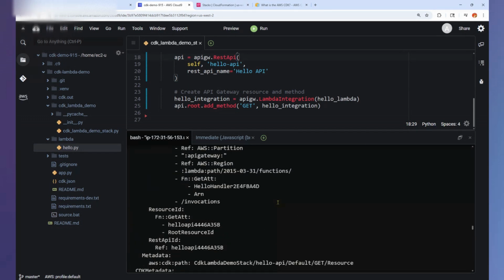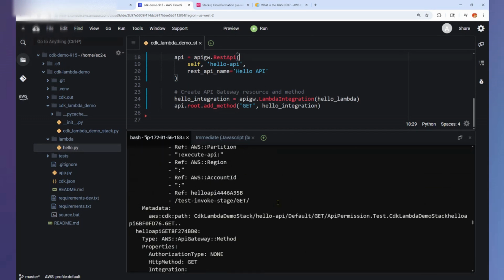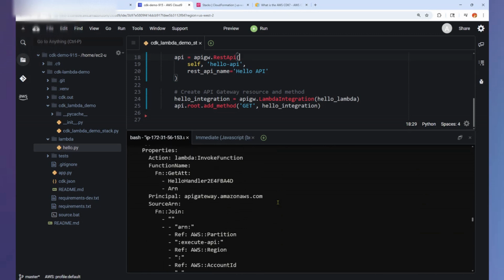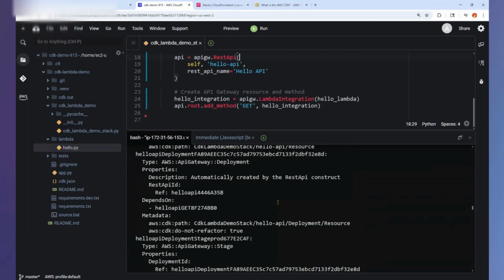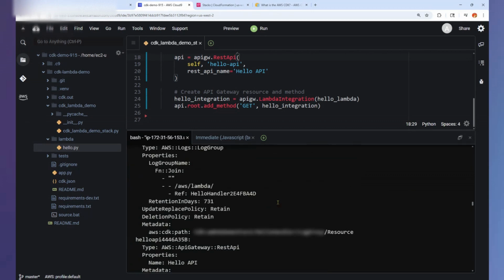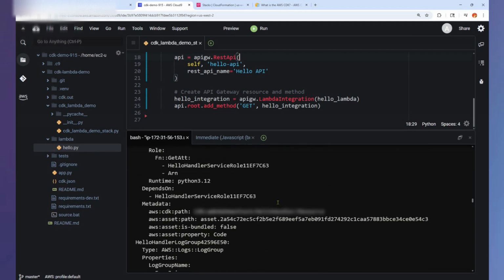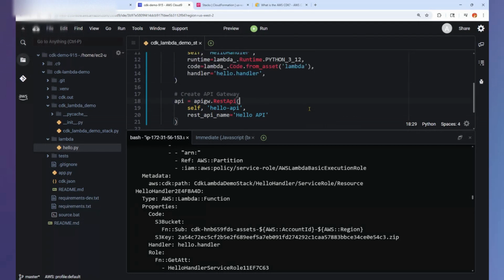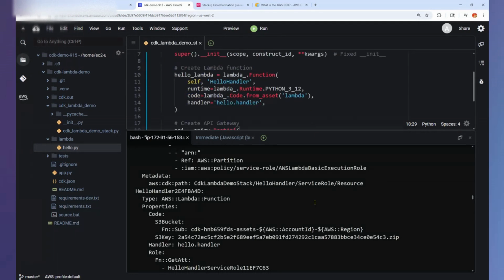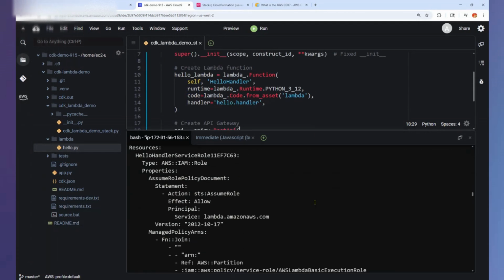So as you can see here, there's a lot that it created. It's more than what you'd probably create by yourself if you're creating those two resources. But those are just some additional things that the CDK does. And you have a chance to look at the CloudFormation template that was created in JSON, right? So notice how much more concise it is to write this in Python constructs. It's just more highly abstracted as opposed to writing the YAML or JSON. In this case, it's YAML for the CloudFormation. So these are the resources it created. Okay, so the CDK synth created this